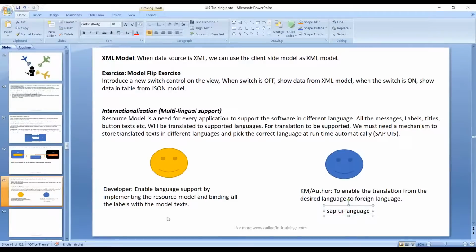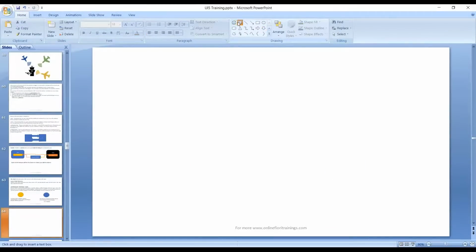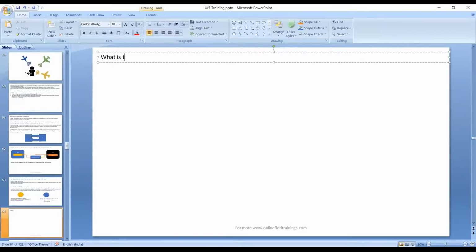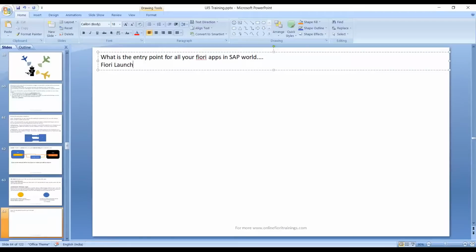So guys, one most important concept: the entry point for all your Fiori applications. Any guess? What is the entry point for all your Fiori applications in the SAP world? It's called Fiori Launchpad, guys. We are not covering Launchpad in this course, but just to show you a glimpse of how the Launchpad looks. The entry point for the entire Fiori application, all the Fiori apps in your company, is Launchpad. And this Launchpad gives a logon screen